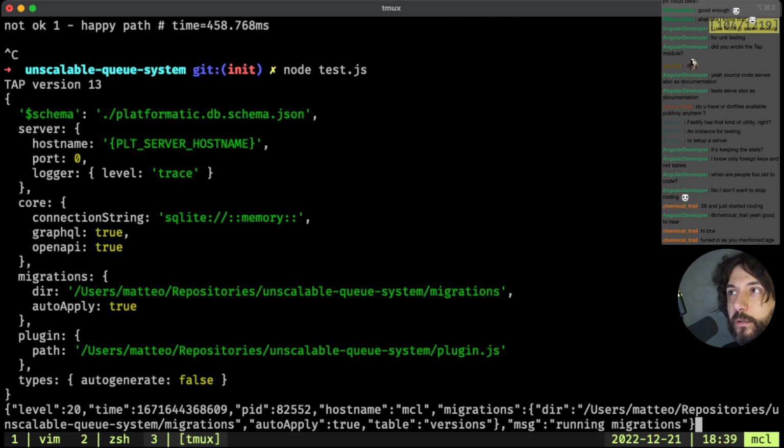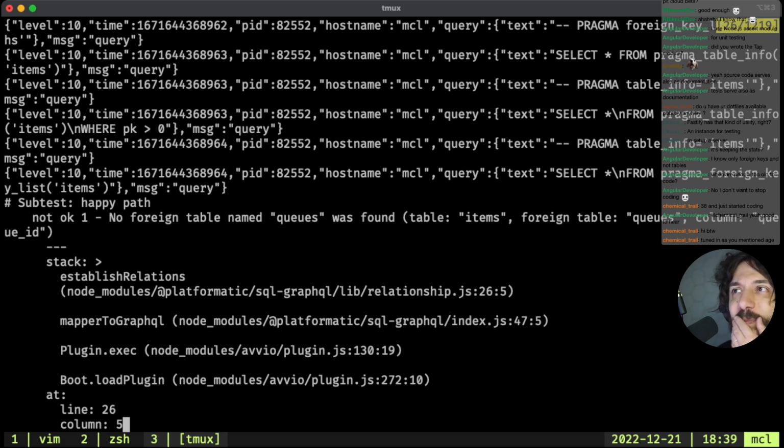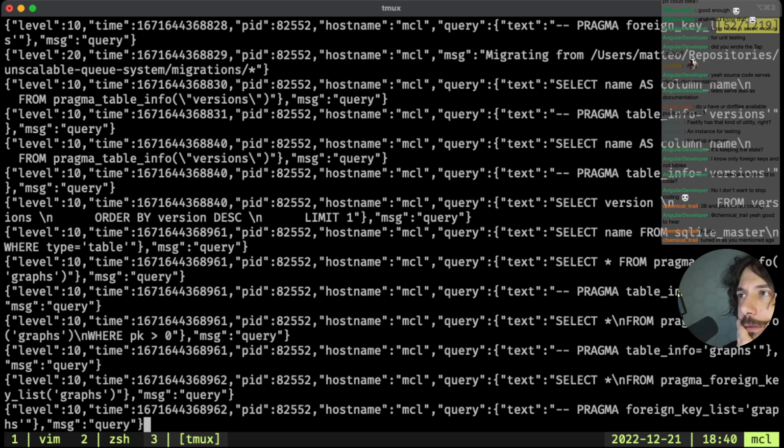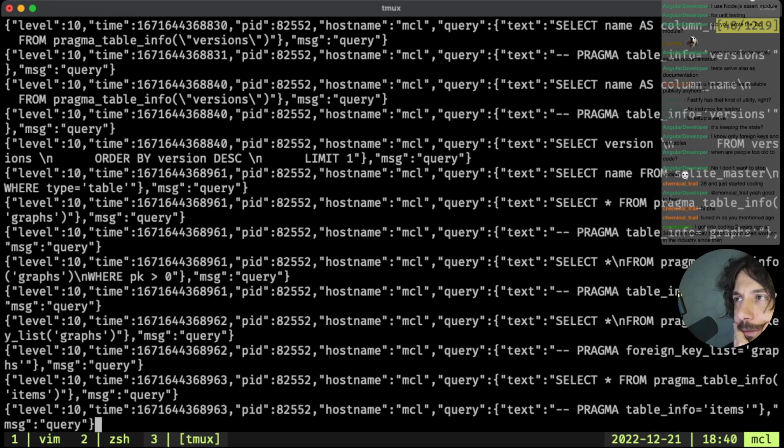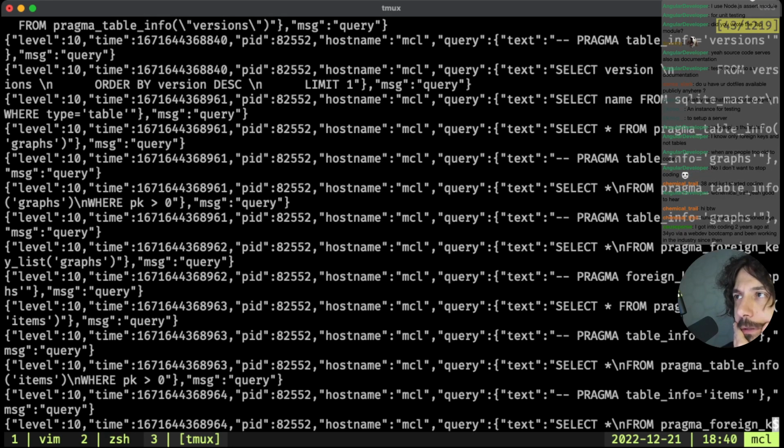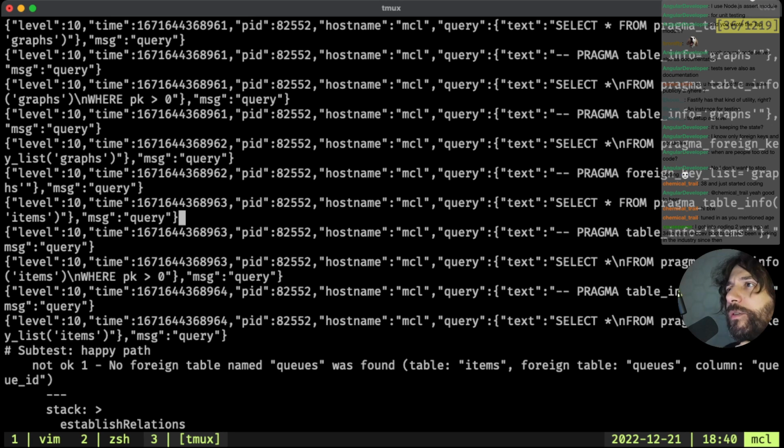A lot of things are happening. Pragma table info items. Sorry, why is it creating graphs?